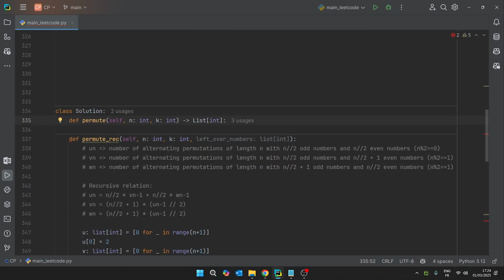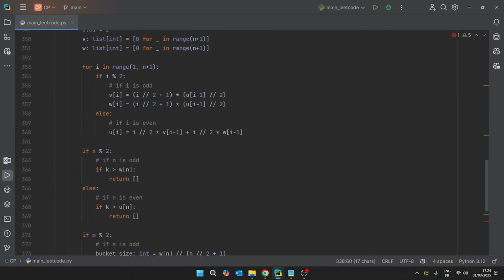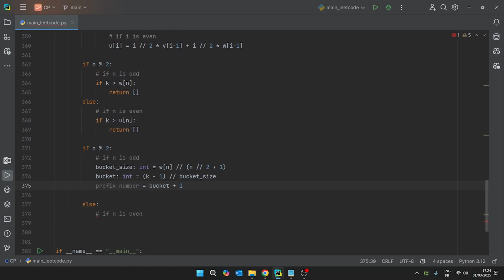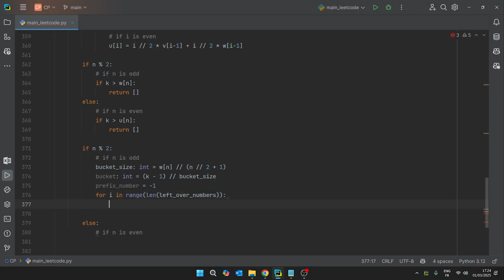And here we'll just return self.permute_rec(n, k, and [i for i in range(1, n + 1)]), because initially we're allowed to take whichever numbers we want to. And so instead of doing this, we'll just say, well, prefix number is minus 1, we don't know what it is, and we'll iterate through this list, for i in range length of this, if this i